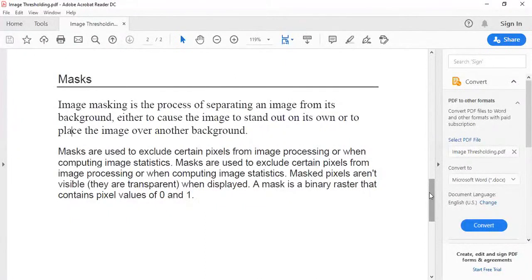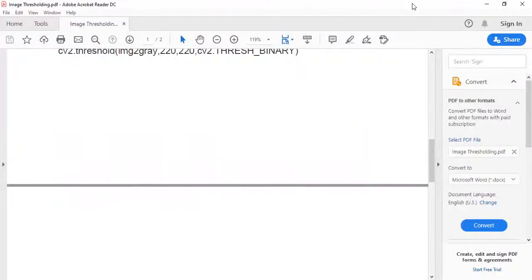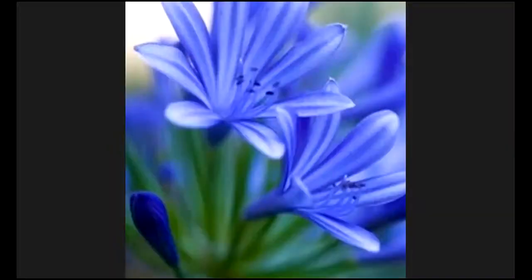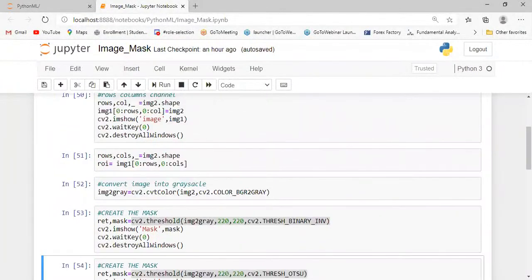Two seconds guys, I will open Jupyter Notebook. We will implement practically what is the code of mask and what is the threshold value. First command is import the library, that is import cv2.